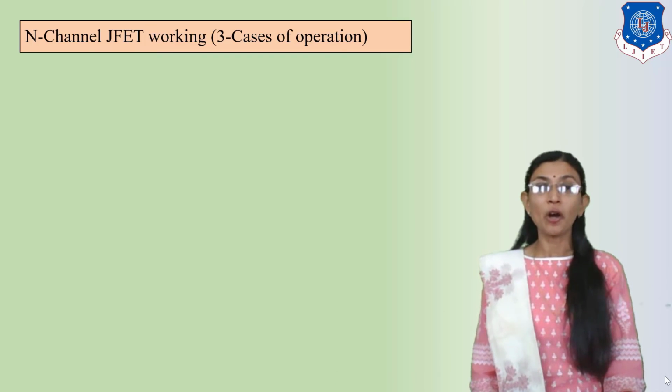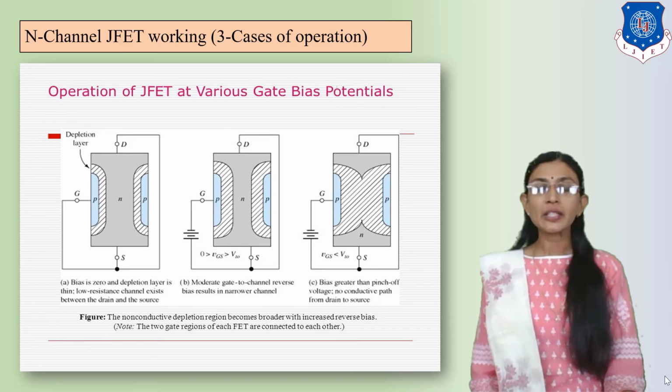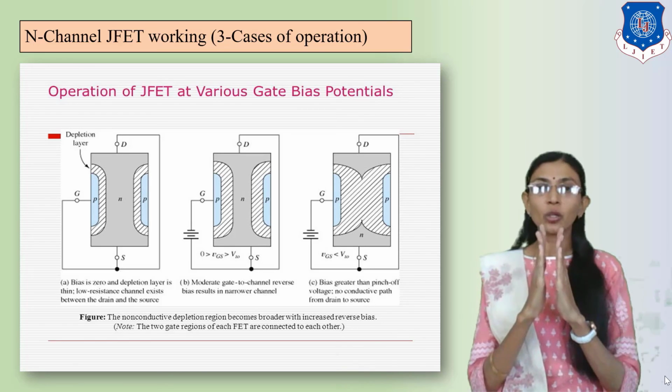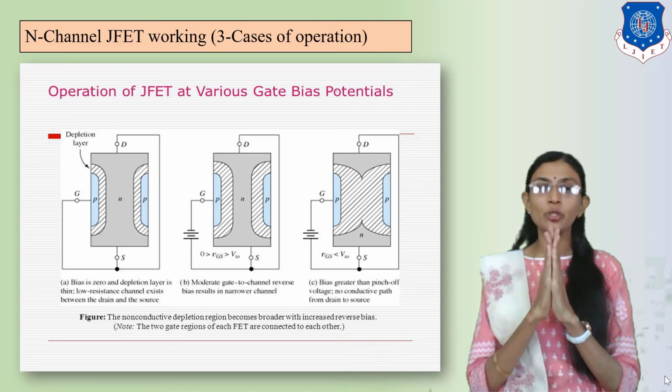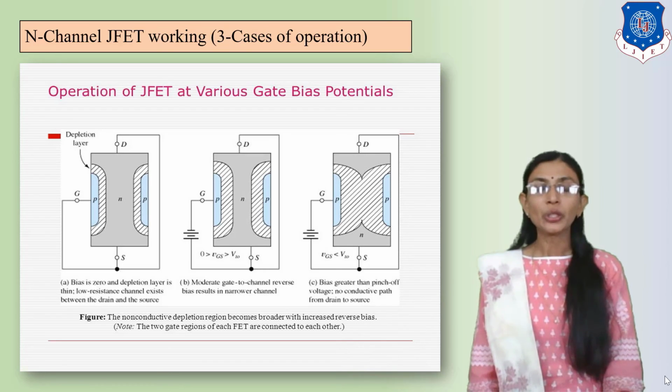Look at this. This is the summary of all 3 cases of operation. Case 1, no VGS, that means a short circuit for the input loop. Then small VGS, a small reverse bias is applied to the PN junction of the gate terminal. And the third one, that is large VGS, is applied to the gate terminal for the reverse bias connection. Right? Thus, we are increasing the reverse bias and increasing the depletion region width. We have less and less channel width, and when channel width is reduced to 0, ID equal to 0. That means drain current output will become 0.